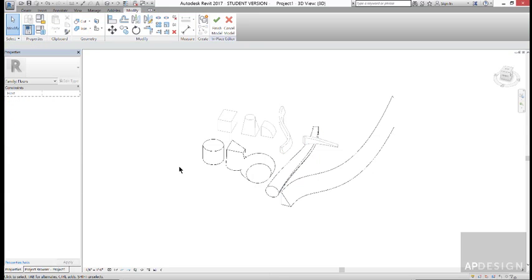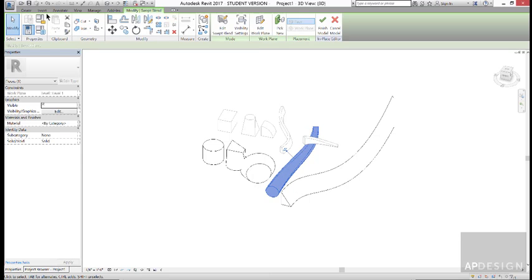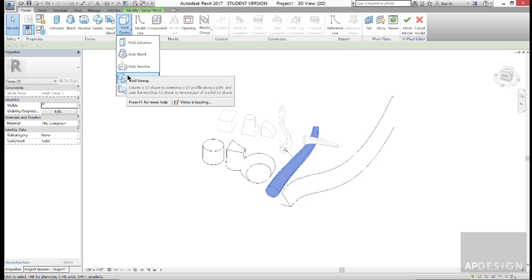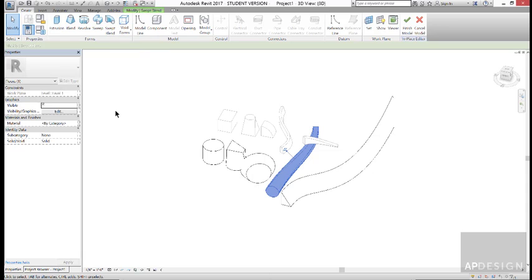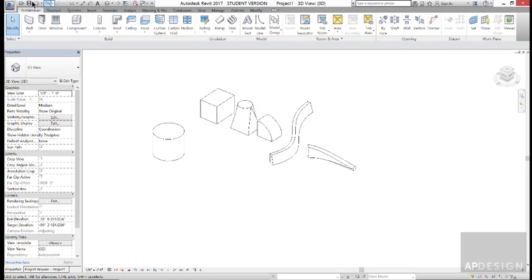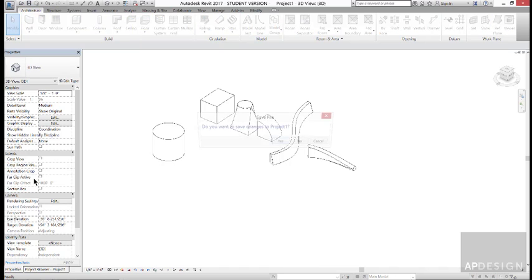I guess the last thing to note is that you can create void forms. So you could totally go in and do all the same commands to actually create void within your solid forms. So that, again, adds a whole other level of complexity and possibility to your design process. So that is cool. Alright, so let's go ahead and close this now that we've played around in the sandbox, and